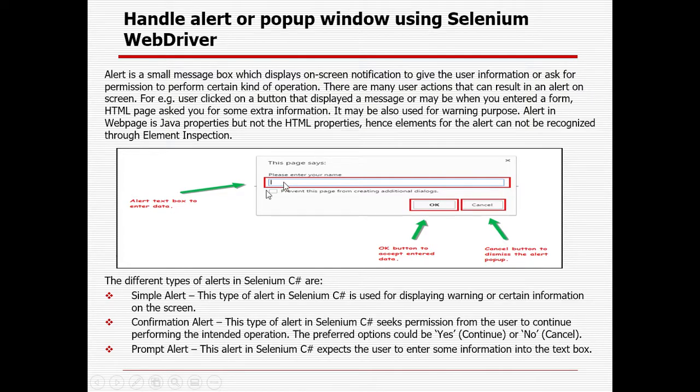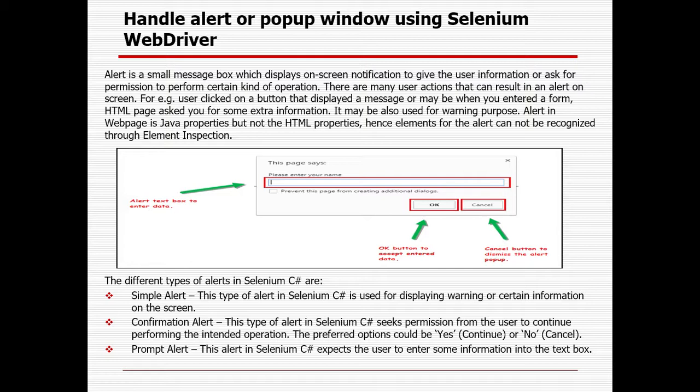So you could see this kind of alert box can come whenever you are clicking on some button or you are navigating to some page, right? Sometimes you need to enter some sort of user ID and credential, password, and you need to click on the OK button. Sometimes this kind of alert message comes where there can be an option to enter some value. You can click on the OK button, or sometimes you can dismiss the alert. So these are the different kinds of alert that can come. But the problem is that you cannot identify this alert with the help of element inspection. So that is the problem.